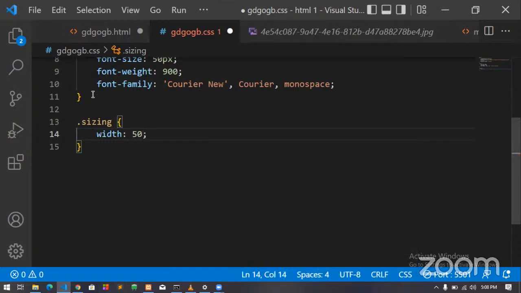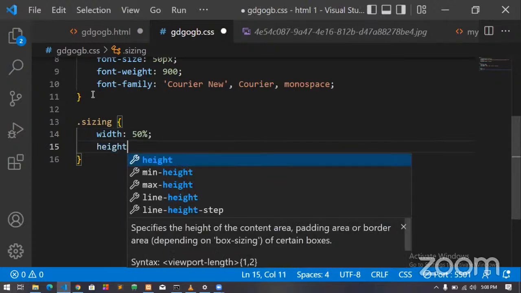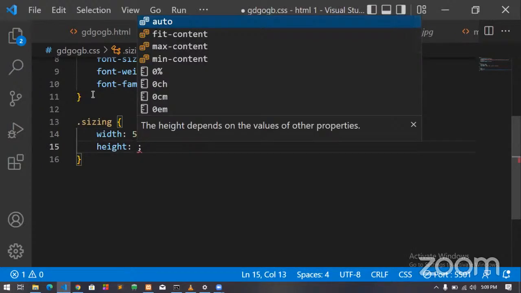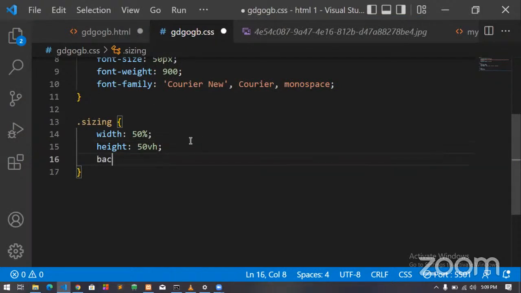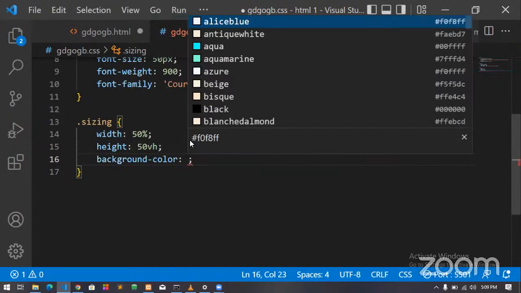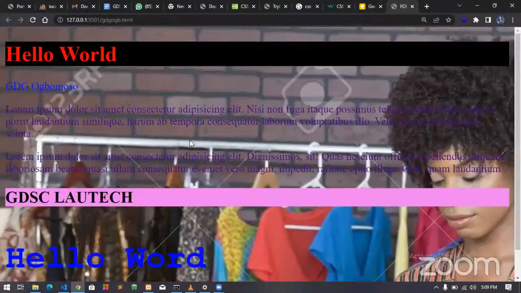So for the width part, I can just use 50%. That will be majorly half of the screen. Then we're going to say a height. Majorly when you're using a height, you use pixel or view height, viewport. So I'll use viewport. I'll say 50 viewport. That's what I use majorly. So I'm going to give it a background color so it's going to show. What color should we go for? I'll say color black. So I should actually see my div here.